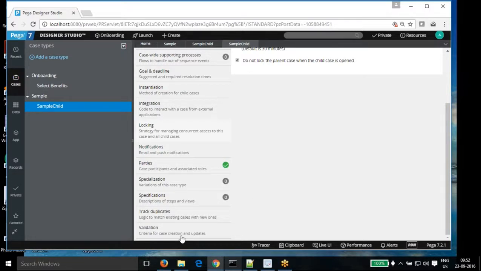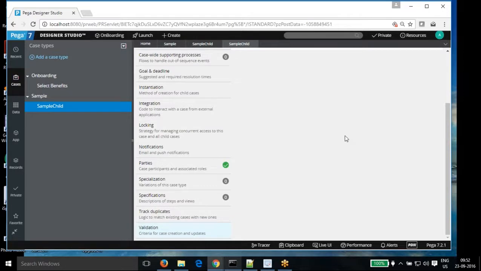And the final one is validation. So validation has two things. When you are trying to create a new case, during the add, you want to validate something before adding the case, so that some proper information is there or not. So you can go for on add validation. And then when you are trying to save the work object, if something has a problem or not, that also we can go for validation.